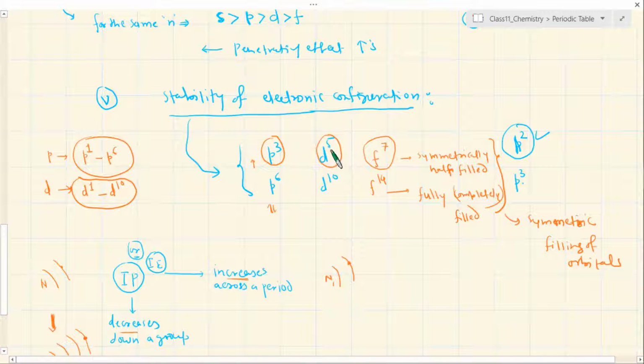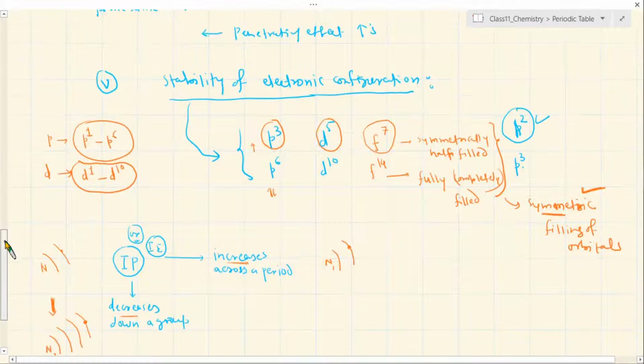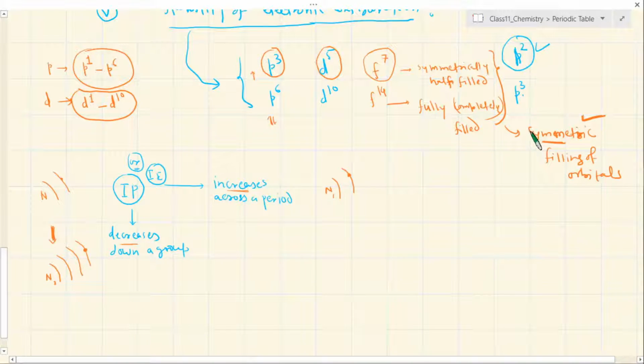For p orbital and d orbital, p3 and d5 are the most symmetric among all other possible fillings. Okay, so these are most symmetric. Symmetric filling is always encouraged for better stability. More symmetric filling means better stability of that electronic configuration. So if it is more stable, that means that electronic configuration will be the one that the atomic structure would like to acquire if possible. Okay, possible means if it has that many electrons to be filled.